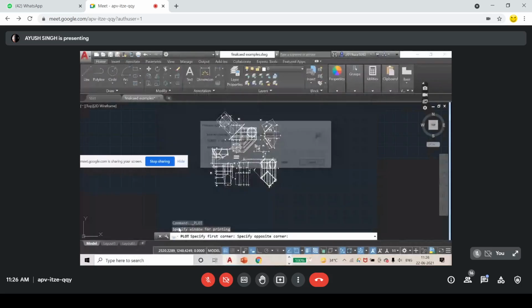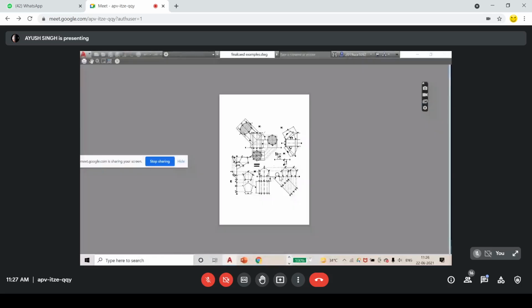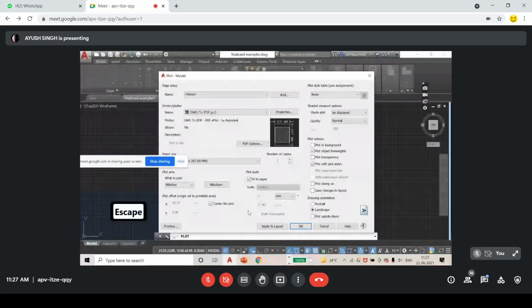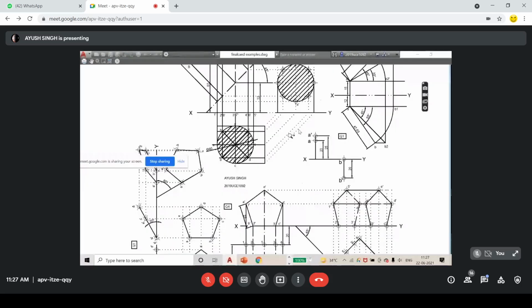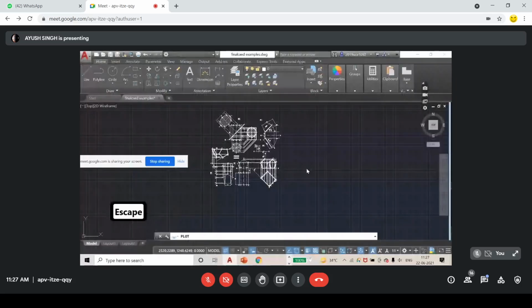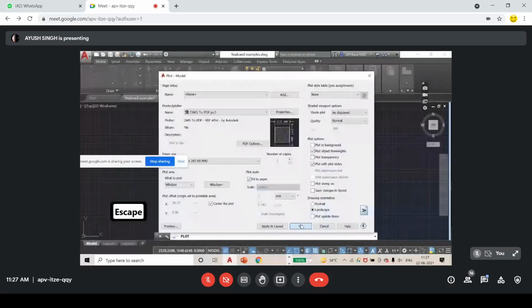Okay, don't worry, this will be clean when it comes in PDF format. I can show you. Now I've got the preview. See, this looks a little better, I guess. Yes. I hope it is. So I'm going to print it in landscape mode. Okay, print it on my desktop.